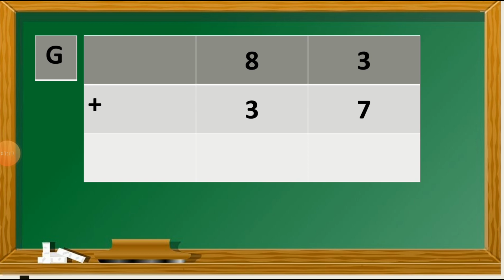Let's see the next one, which is number G. Here is the 3 plus 7. So at the ones column, 3 plus 7 is equal to 10. So write down number 0 under the ones column this way, and from this 10, number 1 will move as a carry forwarded number, and at the tens column we have to add this carry forwarded number in the tens column.